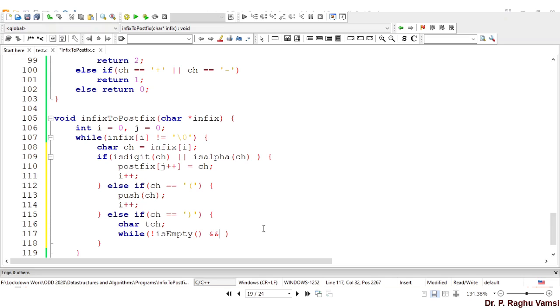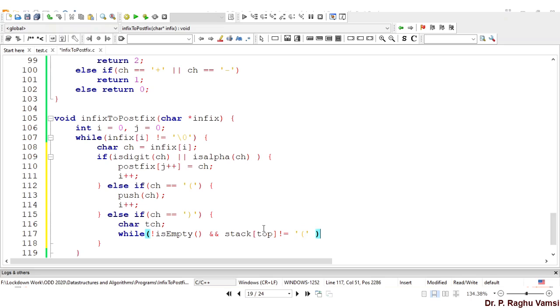And one more thing we need to check is that whenever you pop any element, the immediately popped element should not be bracket open. If so, then we cannot move forward. So that is the reason we have to check: if not is empty and stack of top not equal to bracket open.